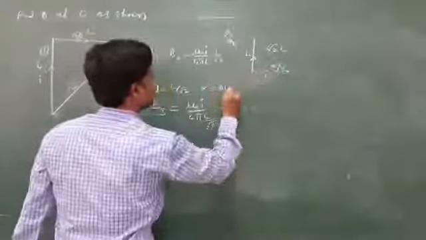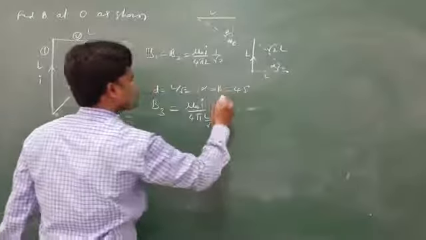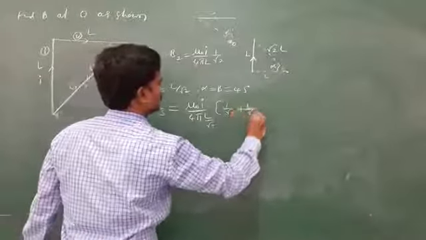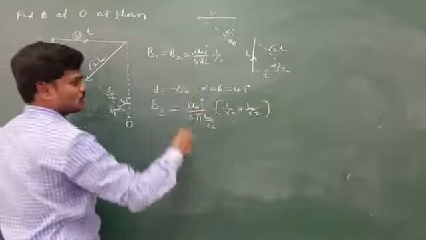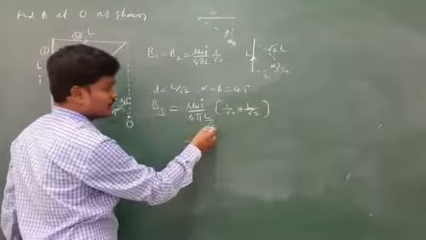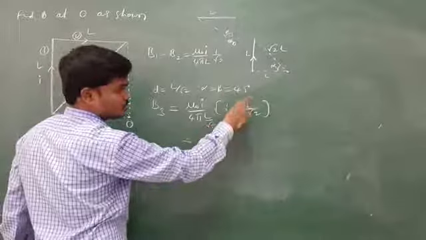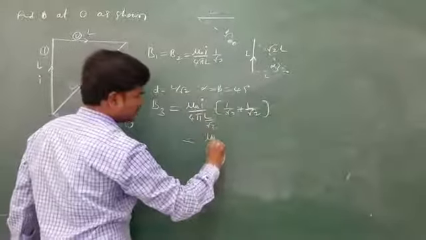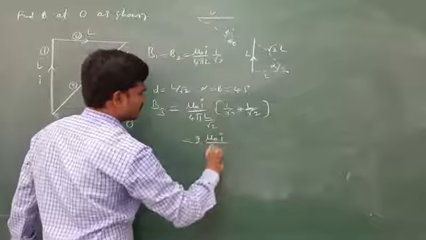So alpha, beta are 45 plus 45. So sin 45, sin 45 is 1 by root 2 plus 1 by root 2, which is 2 by root 2, nothing but root 2. This is root 2, and one more root 2 is downside. This is 1 by root 2, 1 by root 2, 2 by root 2, root 2, and this is 2 times mu naught I by 4